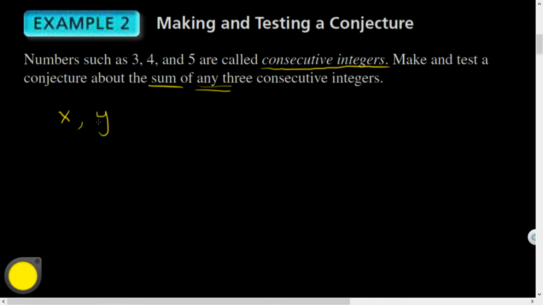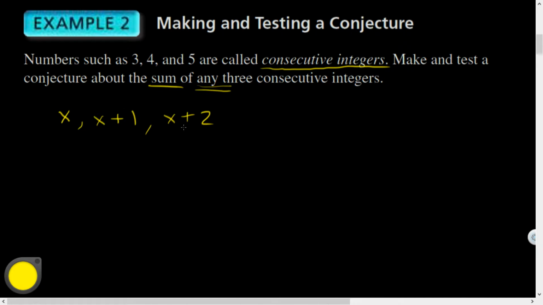I could call it y, but it might be more helpful to define it in terms of my first one. How far is 4 from 3, or 5 from 3? Yeah, so x plus 1. And then 5 was how far from the first one? Yeah, 2. So x plus 1, and x plus 2